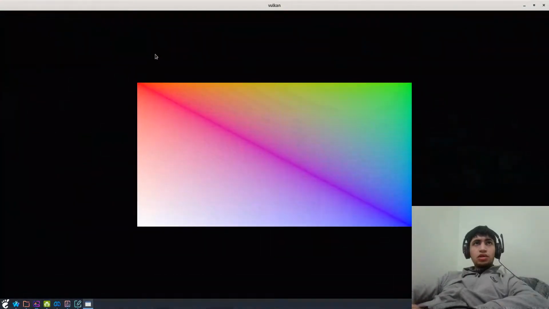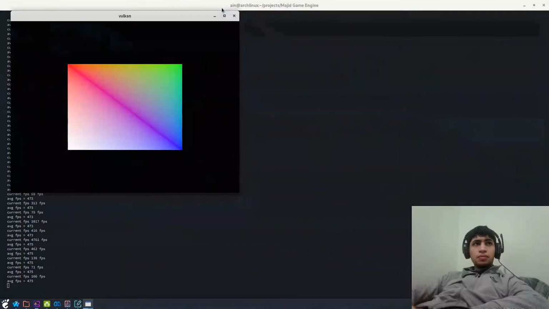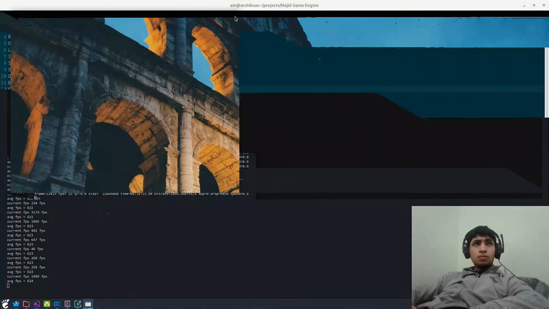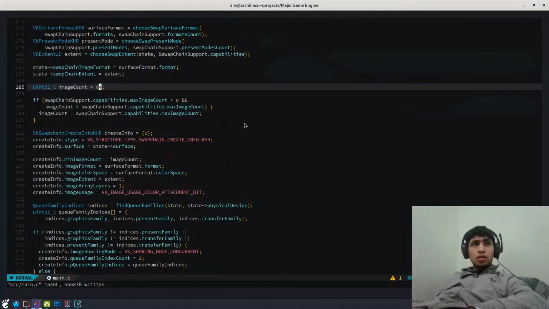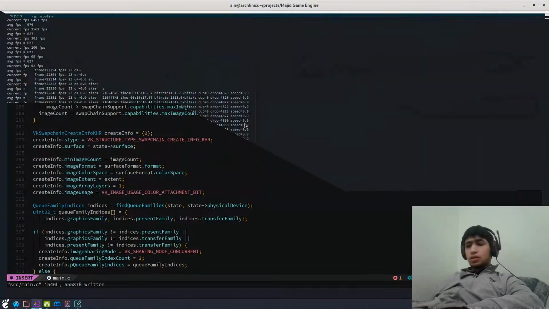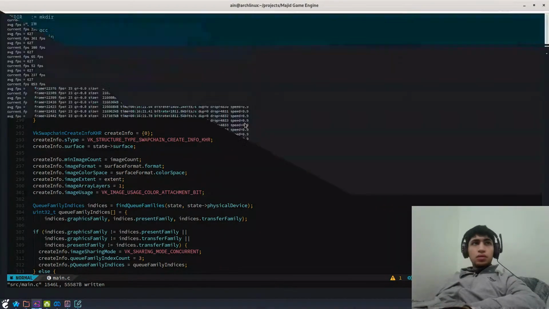Yes, it's the image count. Okay, that's why. So if I increase this to 128,